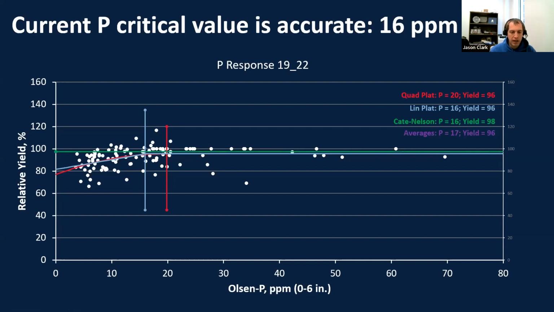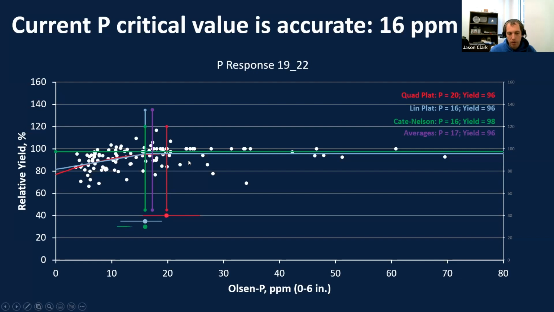If we use what's called a Cate-Nelson, which is what my predecessor used, so the previous value of 16 is based on this test right here, it still says it's right there around 16. And then if we take the average of these different models, just because they all have their disadvantages and advantages, it's around 17 parts per million. So not a lot different from what we've seen in the past, where past research before 2018, when I started doing this, was showing 16 was still accurate. And this is showing 16 still pretty close. We might be able to up it a little bit more, but not a whole lot.